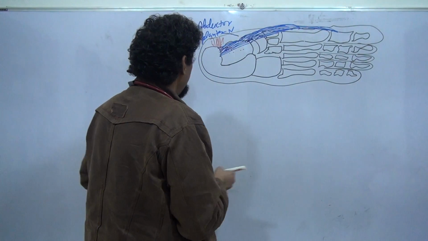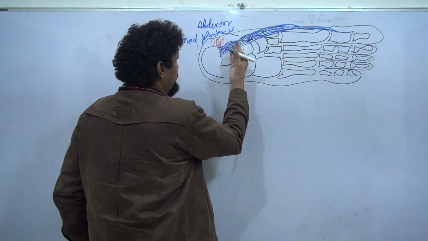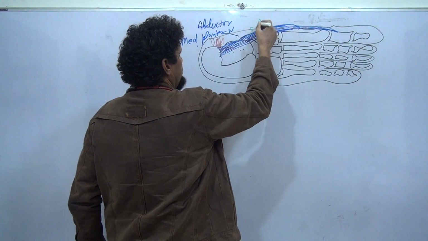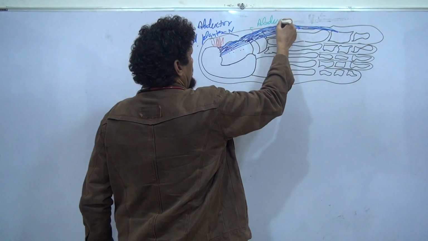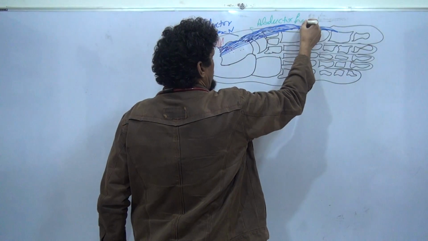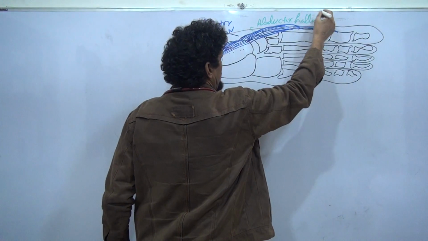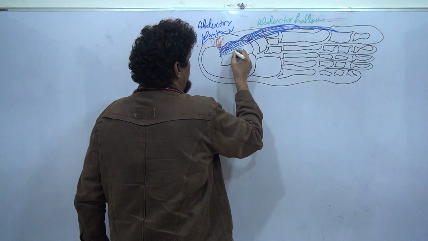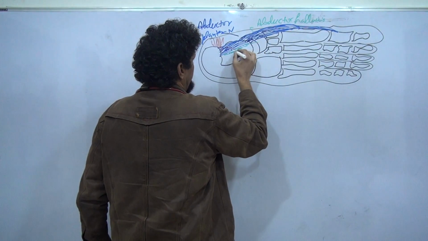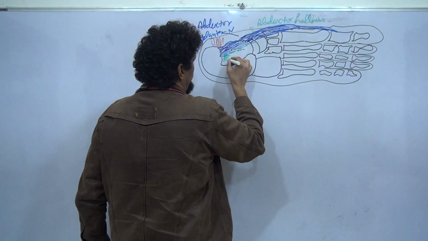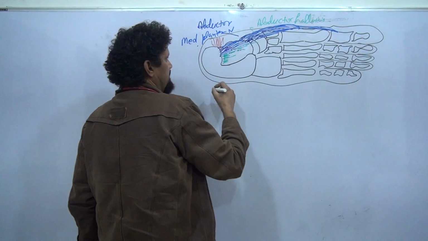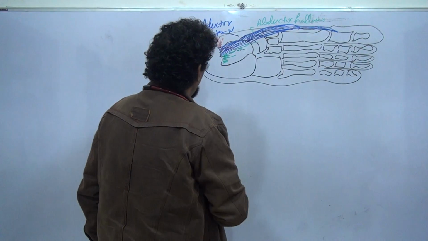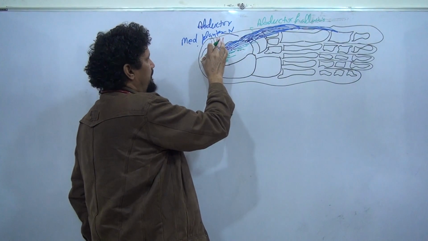So the second muscle, which is deeper to this, is the abductor hallucis. The second muscle is deeper, so fibers are coming from the deeper part, and this muscle is also deeper to the plantar aponeurosis. The muscle is taking origin from the medial tubercle, the adjoining part of the flexor retinaculum,